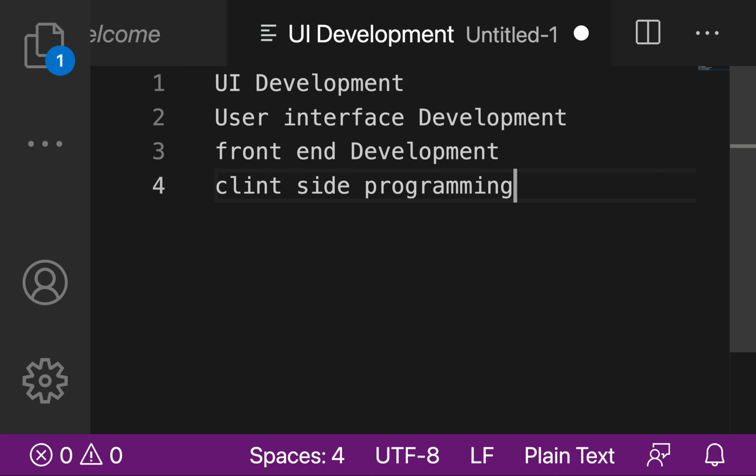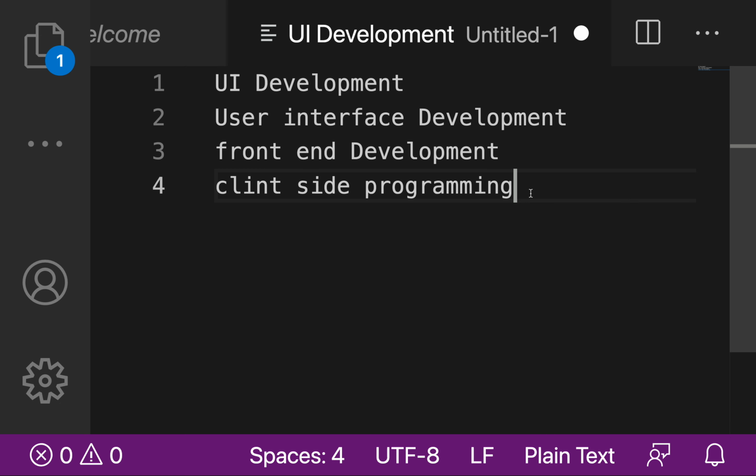People call it with different names, but the meaning is the same. UI development, user interface, front end development, client side programming, all these four names refer to the same thing.